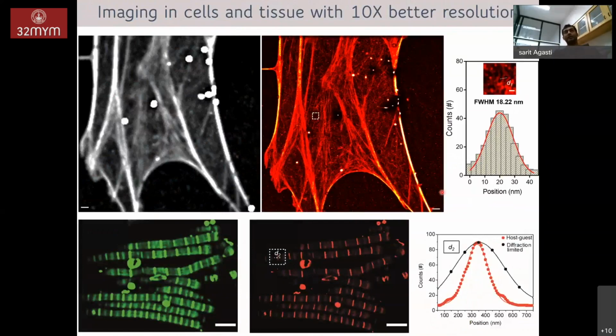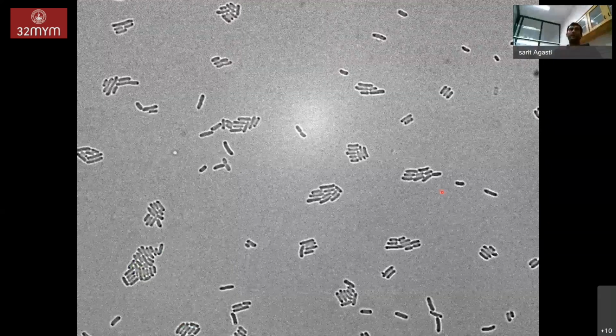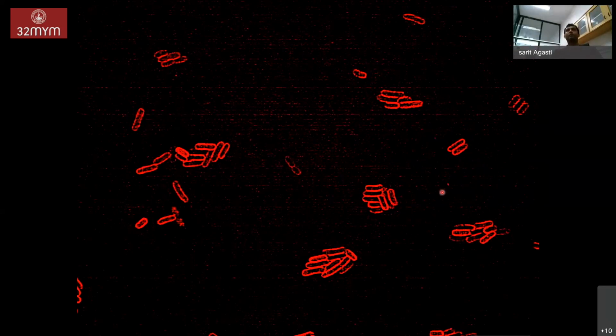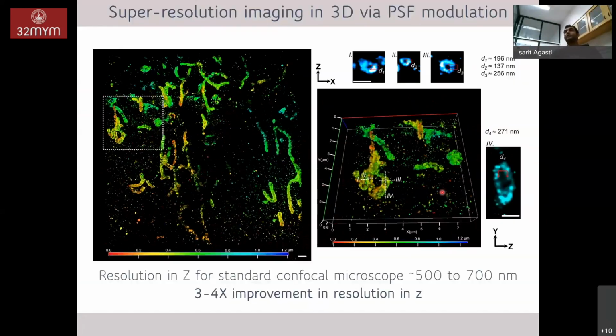We also did similar things, for example, tissue samples in Drosophila, and there also we are able to make this work very well. We imaged various organisms, for example bacteria, and you can see the cell walls of bacteria lit up in super resolution. You can also probe these molecules in 3D and understand how they are organized, where we are able to improve the resolution 3 to 4 times, looking at structures like mitochondria, their diameters, and various other aspects.